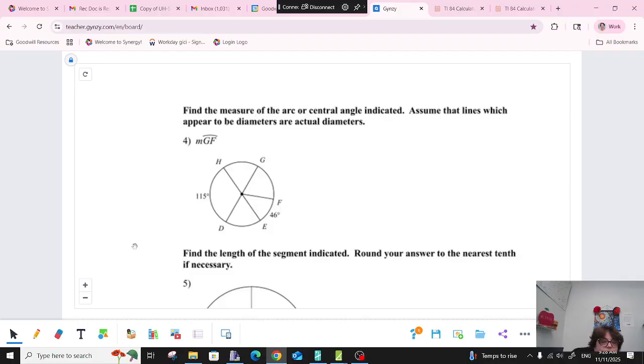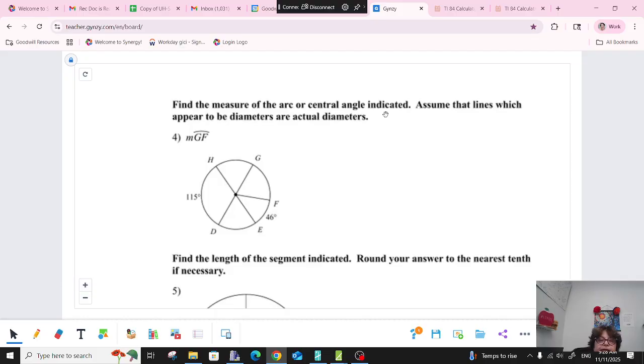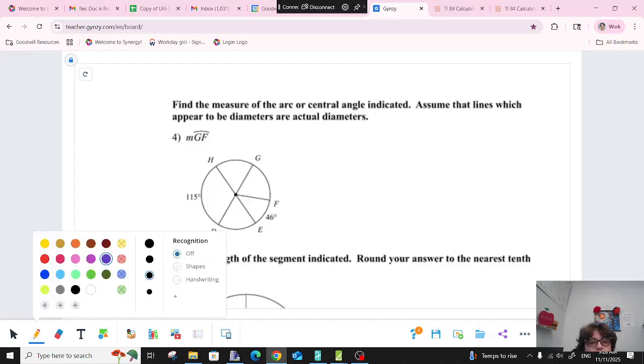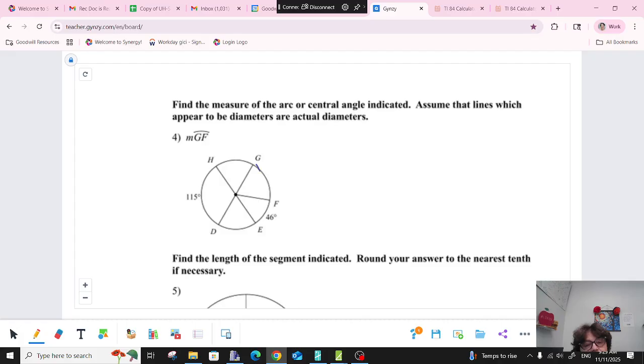Find the measure of the arc or central angle indicated, assuming the lines which appear to be diameters are actually diameters. So GD looks like a diameter. Do you all agree with that? And if GD is a diameter, HE is also a diameter. What do diameters do? They cut the circle in half. So this side should be 180 degrees. This side should also be what? 180. So it's asking for arc GF,